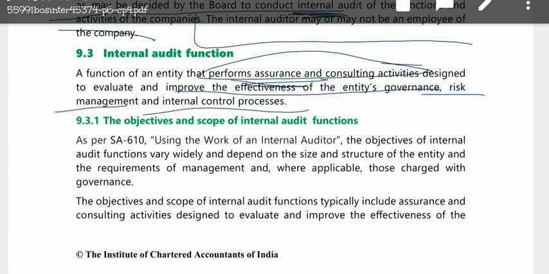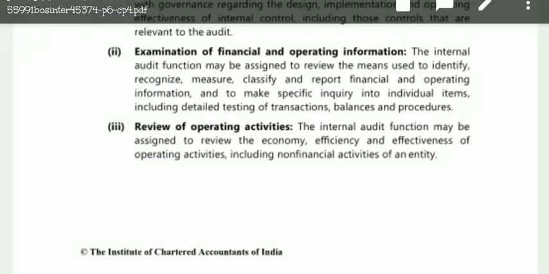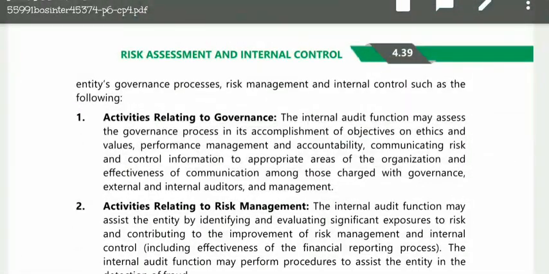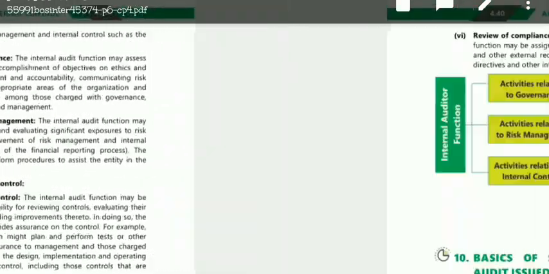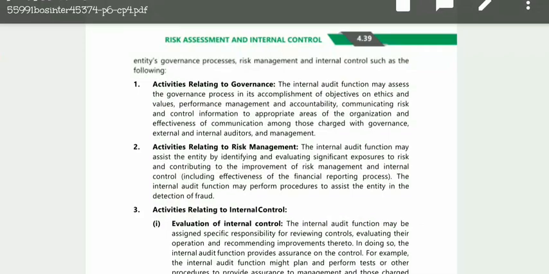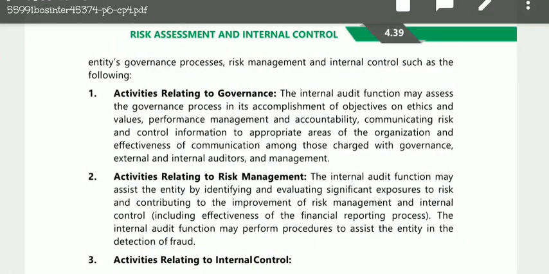So the objectives and scope of internal audit functions typically include assurance and consulting activities designed to evaluate and improve the effectiveness of the entity's governance process, risk management, and internal control. Now all these functions are given in detail. Okay, so let's read out first, activities relating to governance. If internal audit is performed to check the effectiveness and to improve the governance, then what activities are involved? The internal audit function may assess the governance process in its accomplishment of objectives on ethics and values,